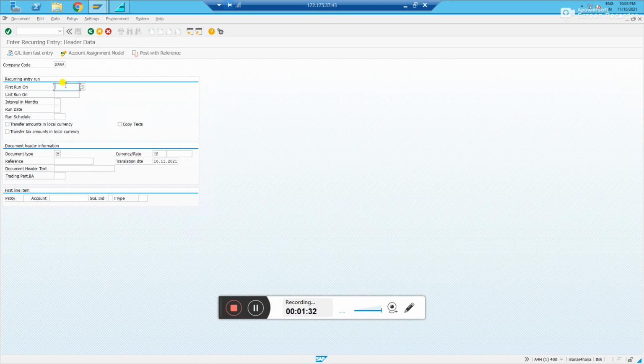Let us think, if you are at the beginning of the fiscal year, let's say April in India, normally recurring entries will be created at the beginning of the year, which is April. So in April, you give 01/04/2021 as a start date. What is your fiscal year last date? It will be 31st December 2022, right? This is your fiscal year.